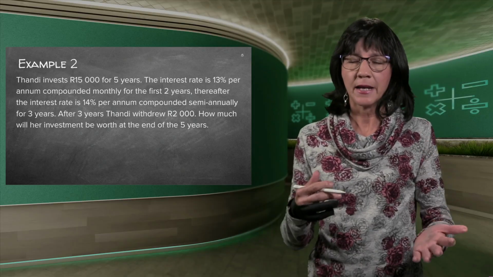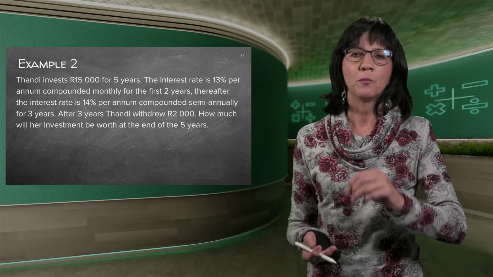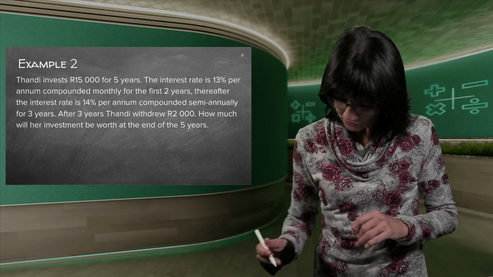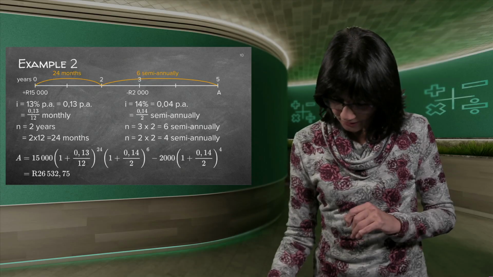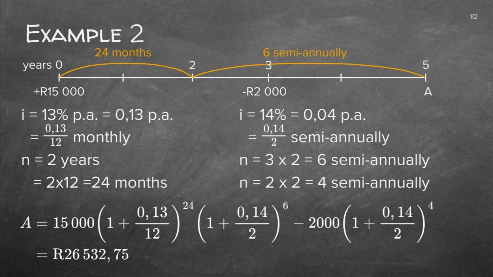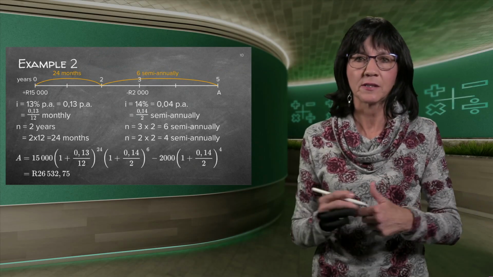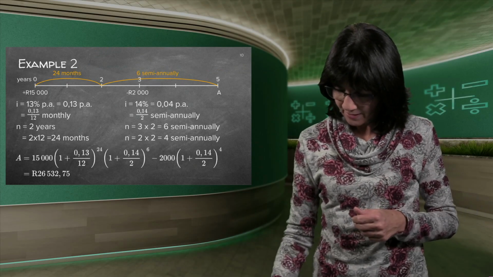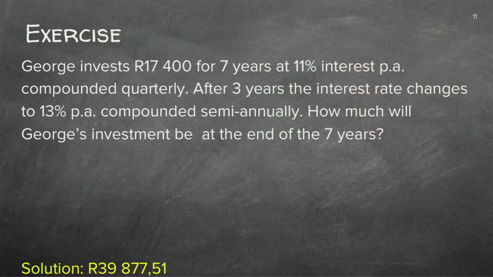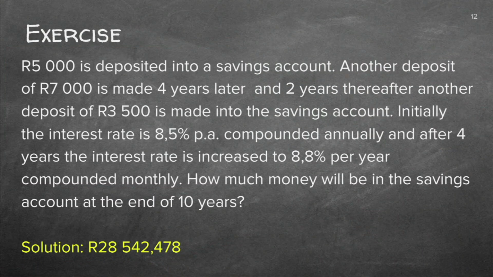The i and the n and the A and the P. Normally in these sums, it will be the A that is unknown. Good. So it's not difficult at all. You can go and check your answer, and this is what it's about. This is the most difficult one you can get, with amounts that differ and interest rates that differ. So if you can do this one on a clean sheet of paper, even if you do it today once and again tomorrow without looking at the answer, just to practice the method.